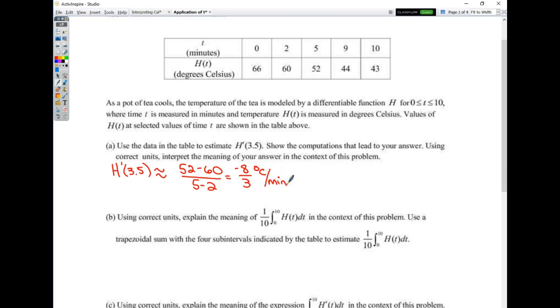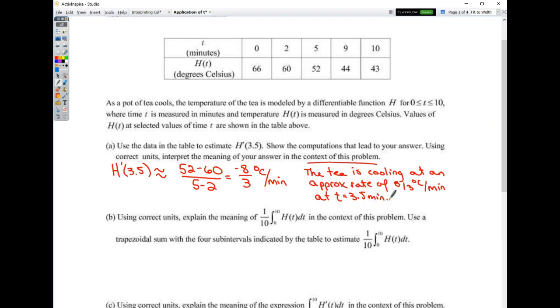And the question asks us to use our answer and interpret the meaning of it in the context of the problem. Please do not miss this part: in the context of the problem. So this problem is talking about a pot of tea as it's cooling. So in the context of the problem, this negative 8 over 3 degrees Celsius per minute says that the tea is cooling at an approximate rate of 8 over 3 degrees Celsius per minute at t is equal to 3.5